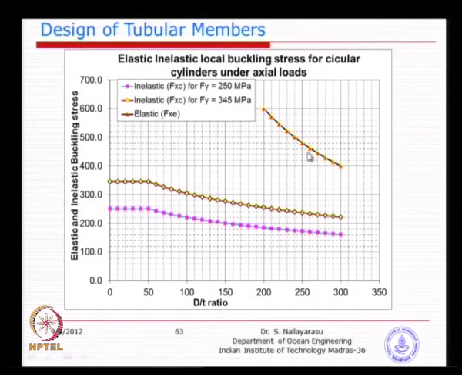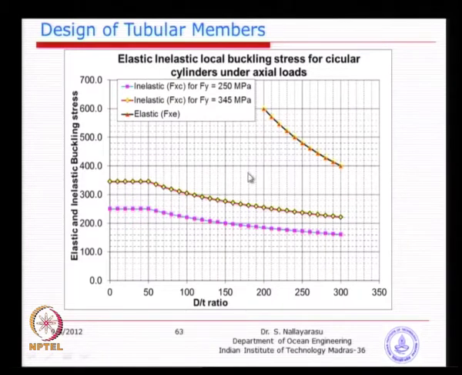Basically, most of the time the elastic buckling stress is going to be very large. So, for the inelastic part we have got two charts given for 250 megapascal steel and 345 megapascal steel. You will see that most of the time the elastic part is not going to be governing. So, you will take the inelastic part and supply it to the Fy value.